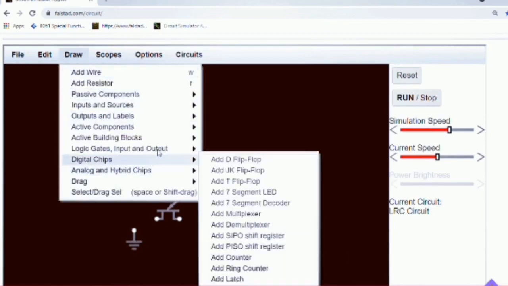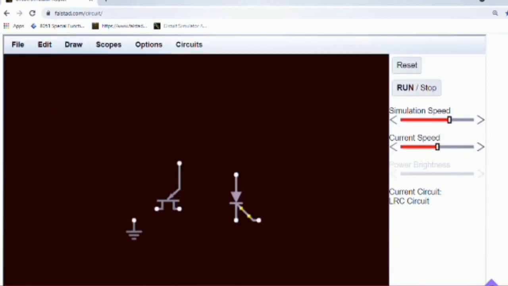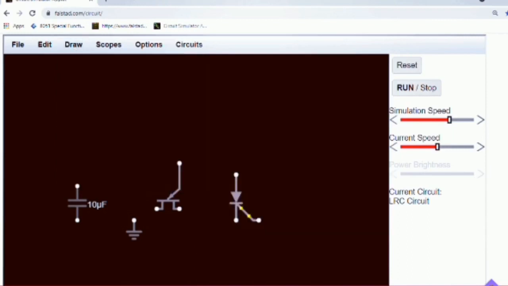Now we will add a capacitor. Now we will add a resistor. Now we will make a pair of the resistor. Now we will place the components in the correct position.